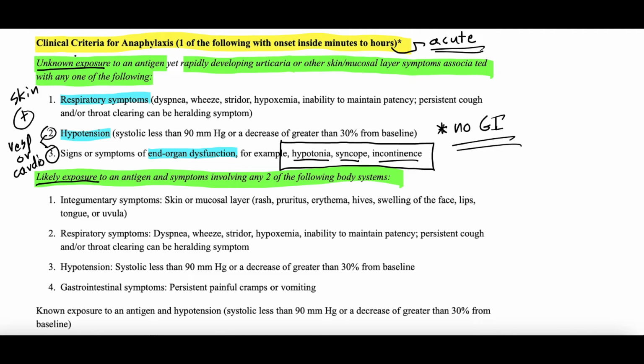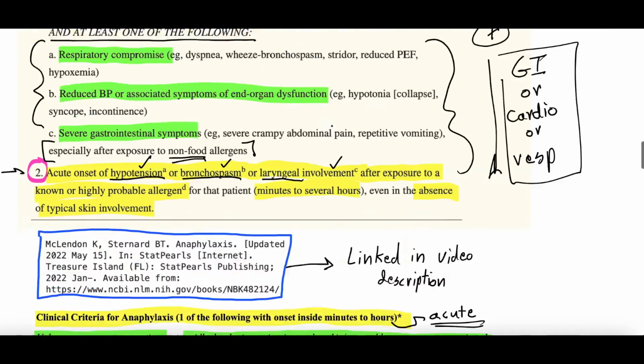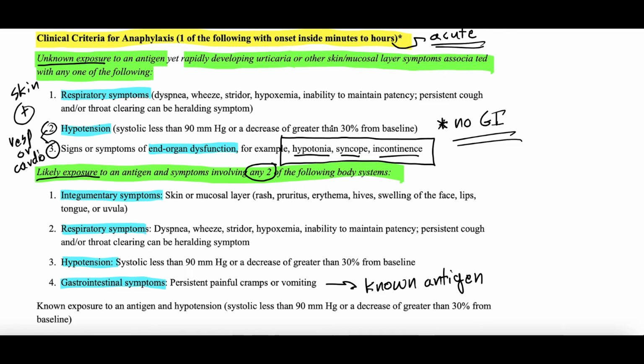So likely exposure versus unknown exposure. And in their likely exposure, they say likely exposure and then any two of the following. And here is where they have skin involvement, respiratory symptoms, cardiovascular symptoms, or gastrointestinal symptoms. So their definition essentially says GI symptoms only if it's exposure to a known antigen. And I'm not at all saying either the World Health Organization's or these authors' definitions are better, but I